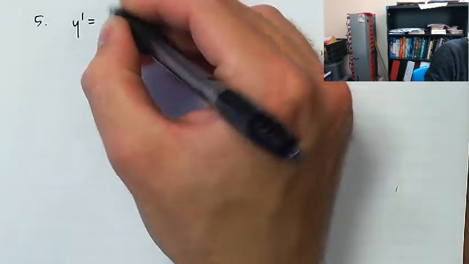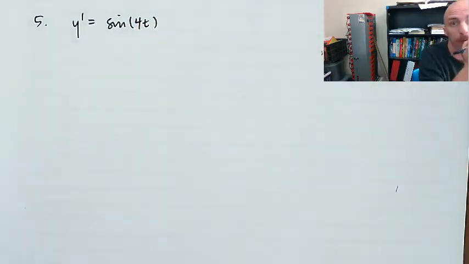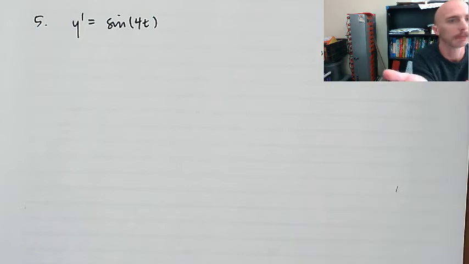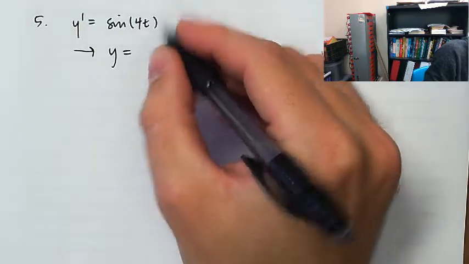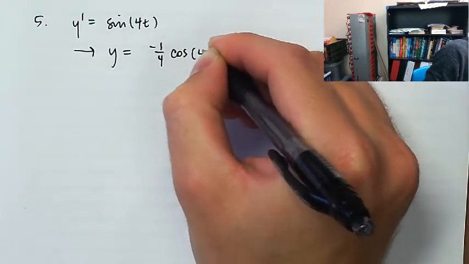We're going to find the particular solution to the differential equation y prime is sine of 4t. Okay, this is separable, but I don't see any need to, right? You could have dy equals sine of 4t dt and anti-differentiate both sides. If y prime depends on t only, then here's the derivative, find the antiderivative. And so that means to me that y is going to equal negative 1/4 of cosine of